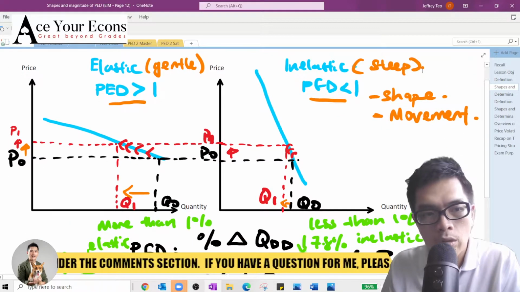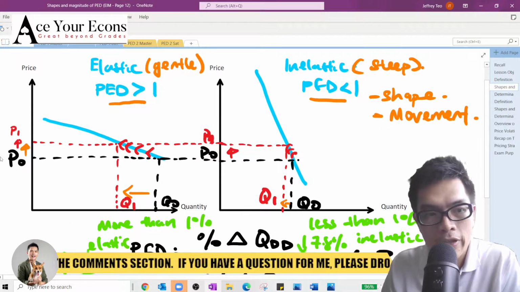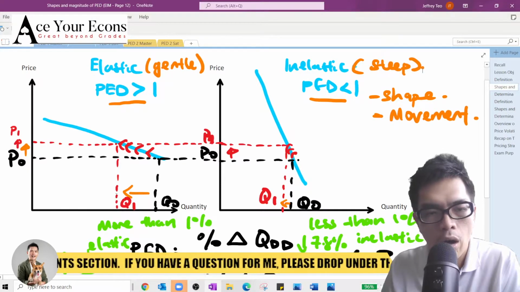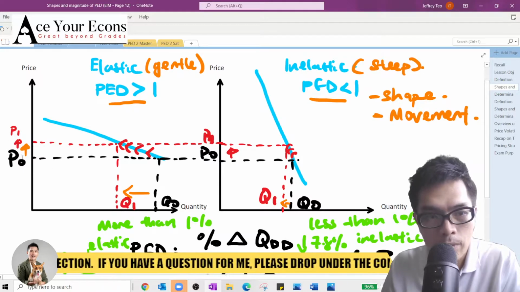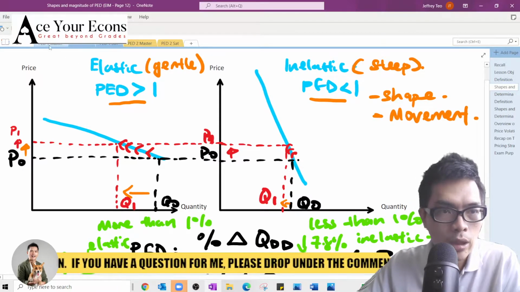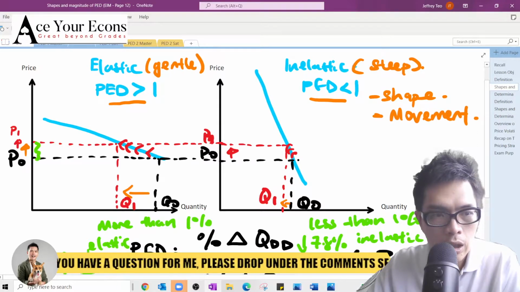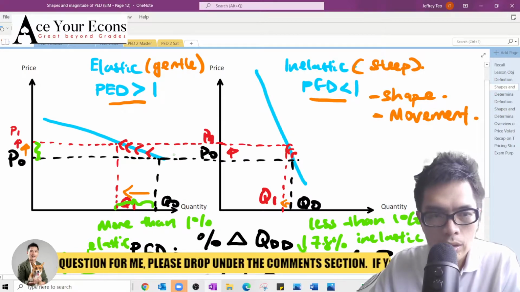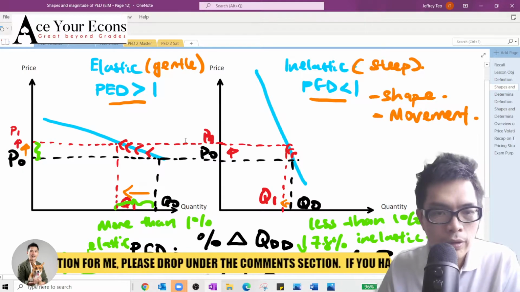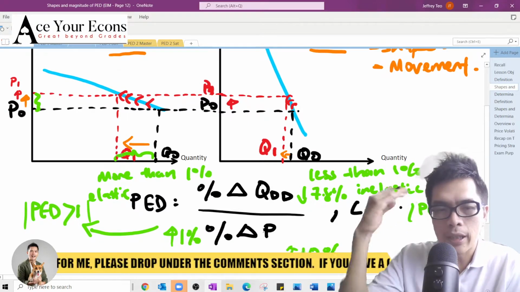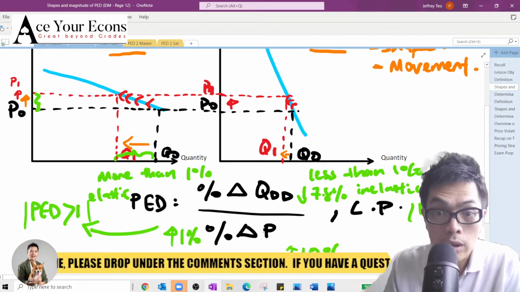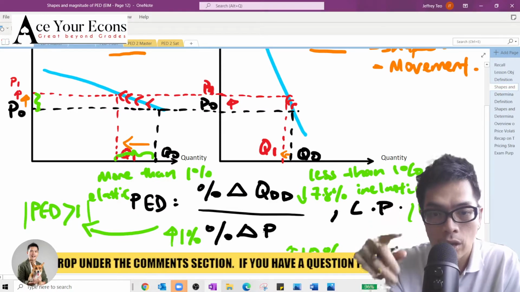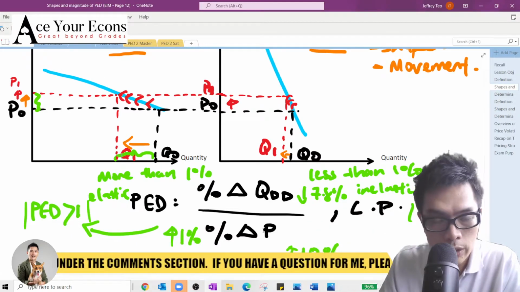When it responds more to price changes, this is how it looks on the left side. For every increase in price, your quantity demanded falls by more than the increase in price. You can see the size. I'm just going to label it in green. Increase in price, quantity demanded responds more. Make sure you state the direction clearly. When price increases, quantity demanded will fall. Don't use the word change. Be specific. It has to be a seesaw, inverse relation: one goes up, the other goes down.